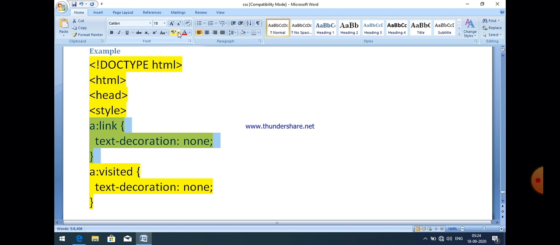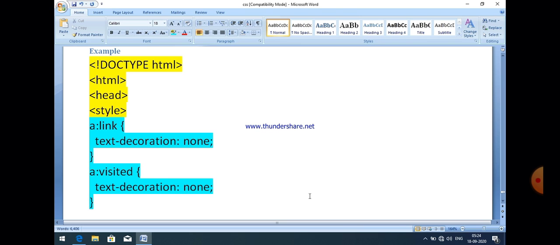You can see the first part of this. For a:link, text decoration is none is declared here. For a:visited text decoration is none again declared. Okay, so none is a value for text decoration. If you want that nothing will happen for text decoration, then none is to be given. No text decoration is there when none is declared.